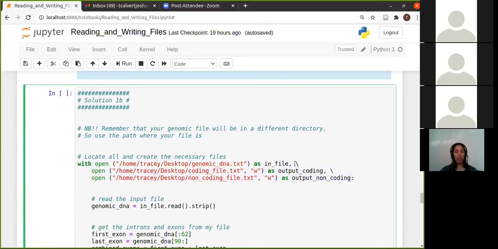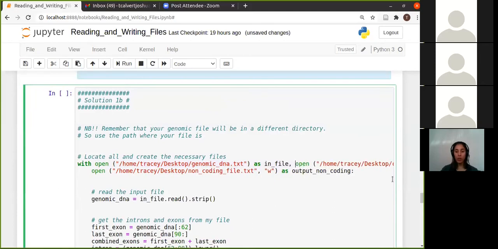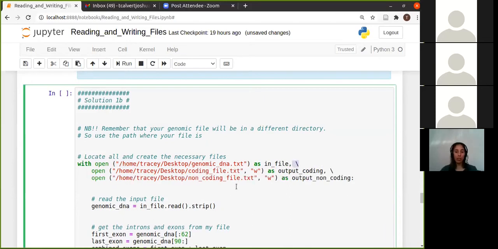But remember in the last session, we spoke about this escape character. You can actually use the with function, and you can actually open multiple files at once by separating them with a comma. So you can open that file and then open another file with a comma next to it, and open 10 if you want. I've only used this escape character because it makes it easier to read. This is basically all one line, with this being separated from this with a comma,